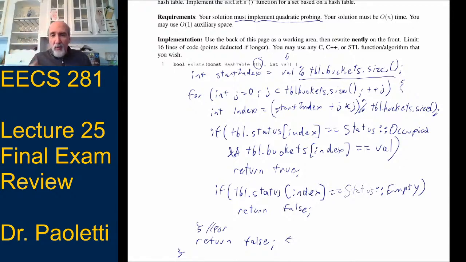The solution that's on the PDF is a do while loop that stops if I get back to the starting point. The solution that we did today says you're going to loop n times at most. The one in the PDF that'll auto reveal at 130 does a do while loop to say, start here, and if you ever get back to that starting index, you're done. You've looked everywhere you're going to possibly find. So it's written the opposite way in the PDF.